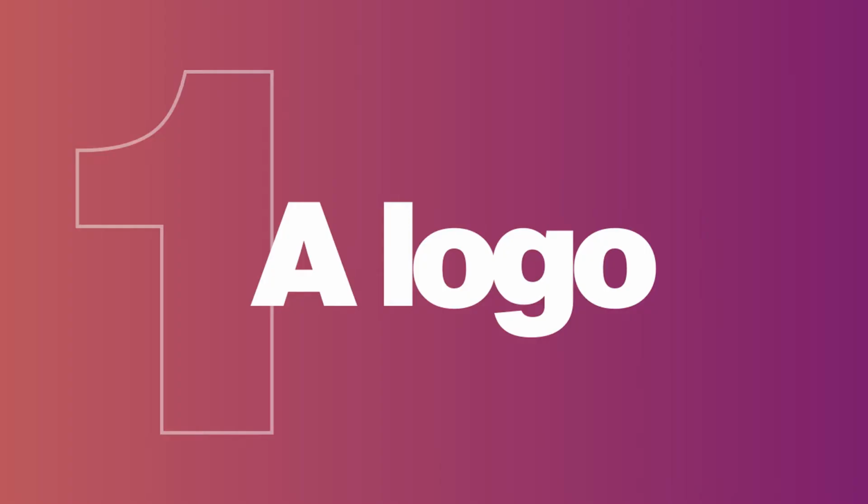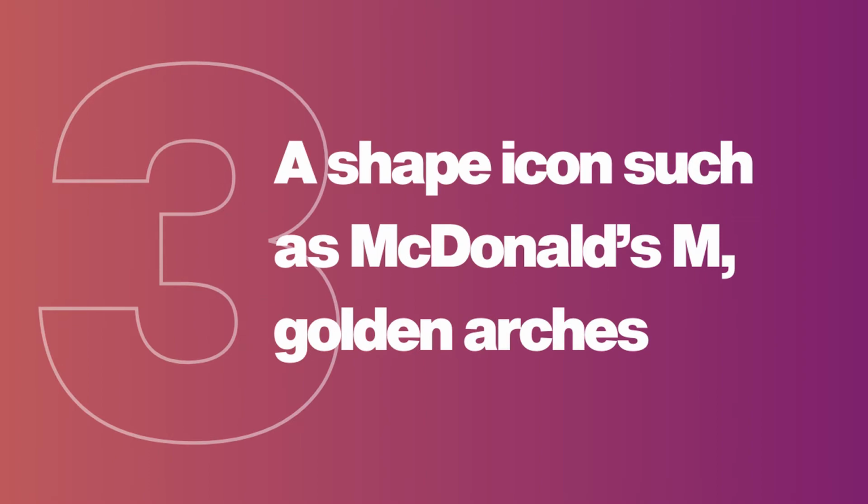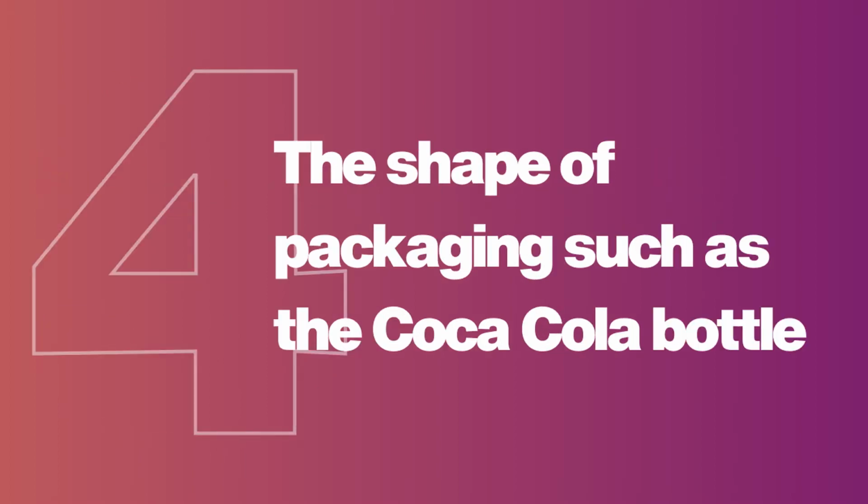Jenny Romaniuk's book, Building Distinctive Brand Assets, is a very useful resource when creating brand assets. You see, brand assets are the non-name signifiers that build mental associations to the brand name. They enable you to stand out in your category. These could include a vast array of things: a logo, a face icon, such as a logo of an animal, a shape icon, such as McDonald's M golden arches, the shape of packaging, such as the Coca-Cola bottle,